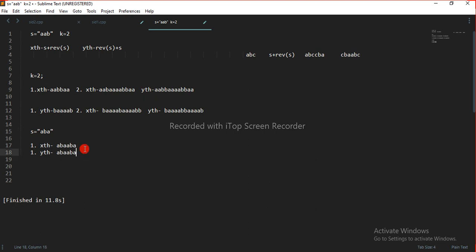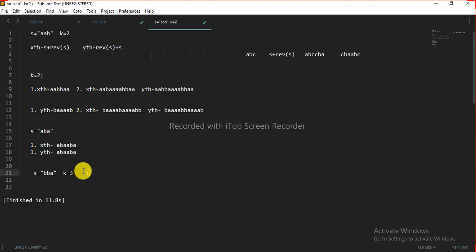Okay, so we can try some different examples also. For example, s is equal to bba, which is not a palindrome. Let's say k is equal to 3 is given.